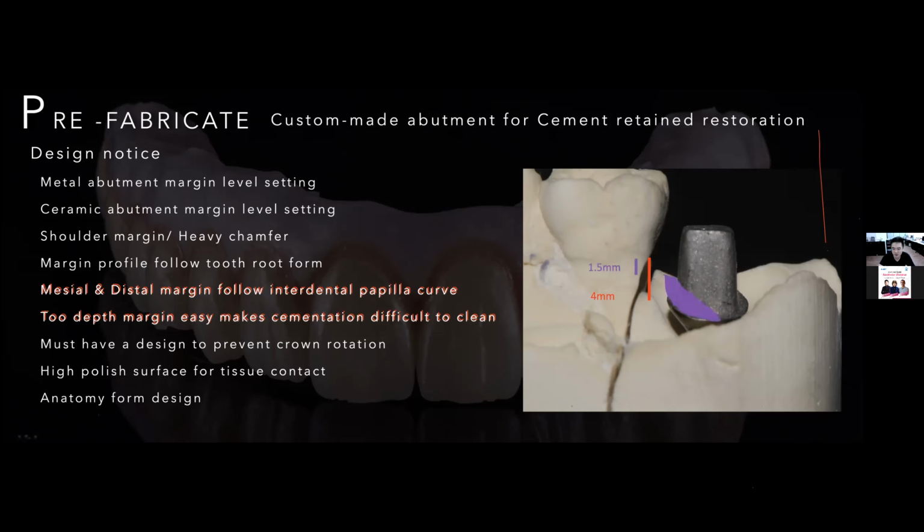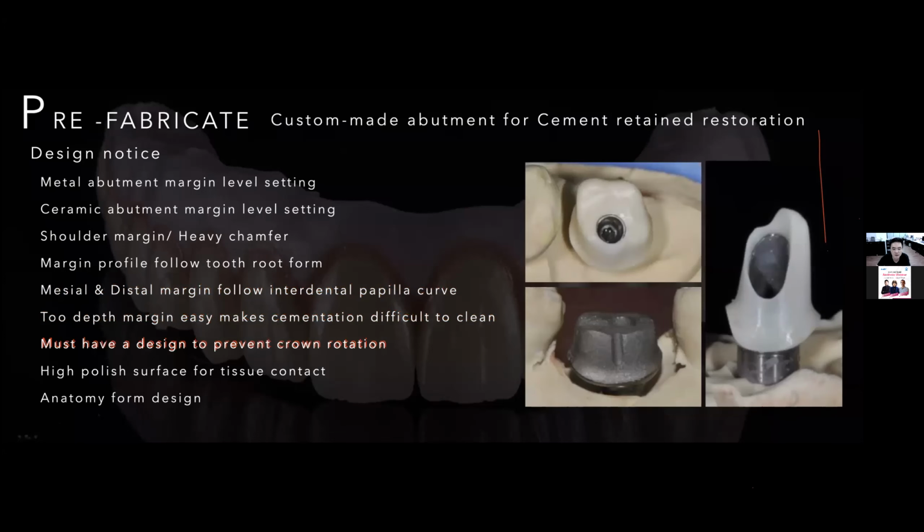So if possible, follow the interdental papilla area and push the margin 1 to 1 millimeter when you design the custom abutment. Under this area, please try to design a straight or concave profile, which makes it easier to seat and finish the crown. And if possible, follow the neutral abutment form,